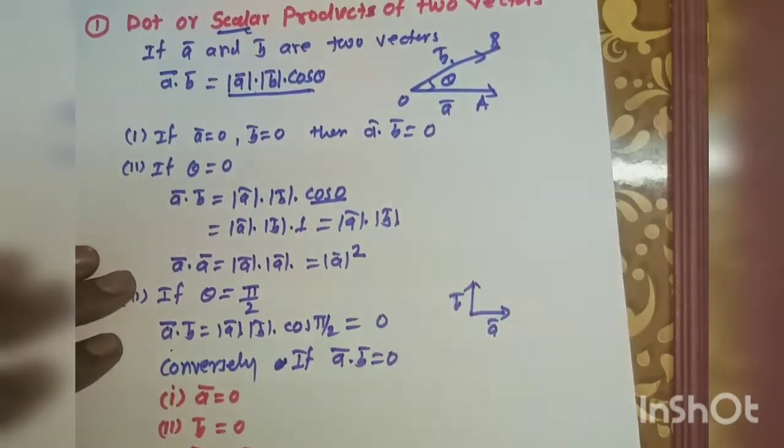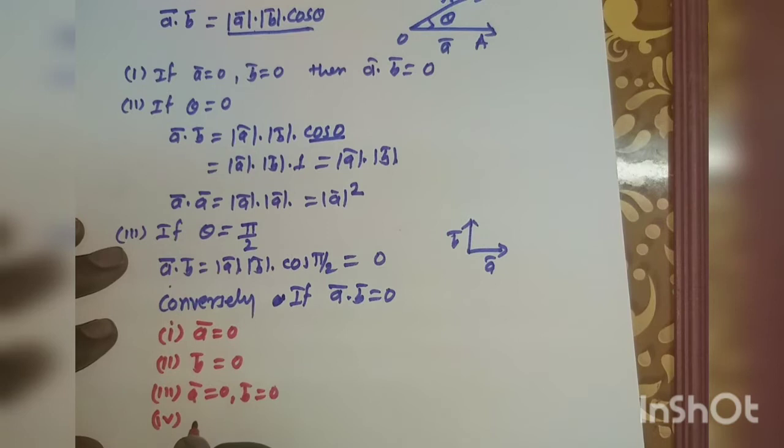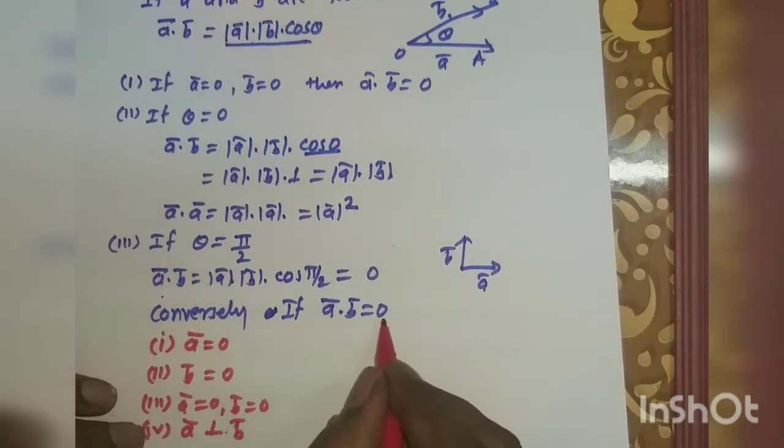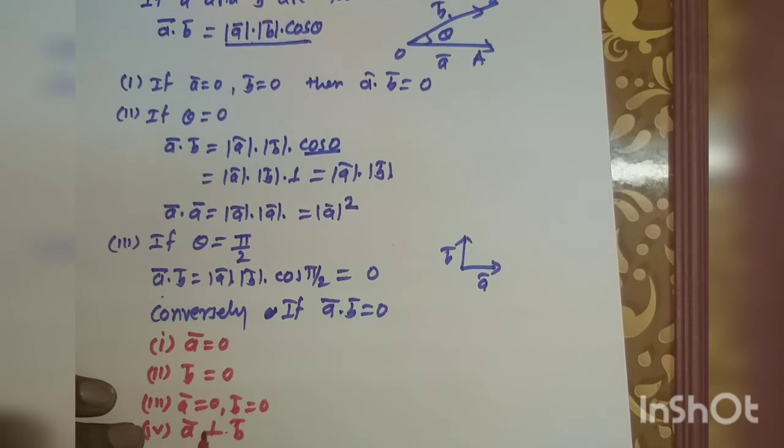Fourth, a bar is perpendicular to b bar. That means if the dot product of two vectors is equal to 0, then there are four possibilities. One of the vectors is 0, both are 0, or these two